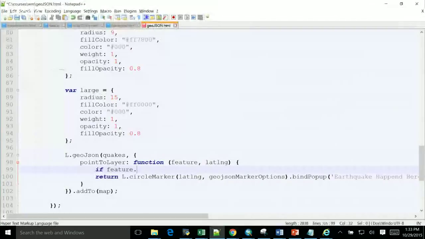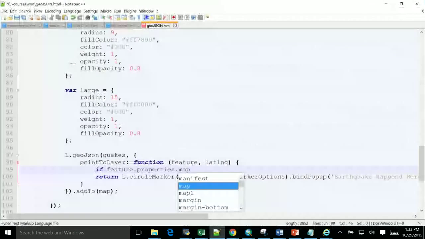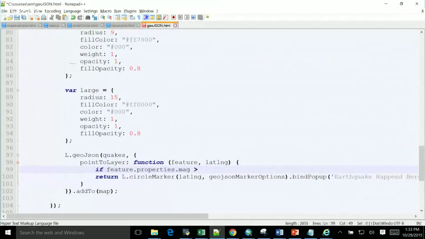So we say feature.properties.mag is greater than, I don't know what we want to make the cutoff. Now we're only doing 2.5 and larger. So maybe we'll make the cutoff 3. If it's greater than 3, then